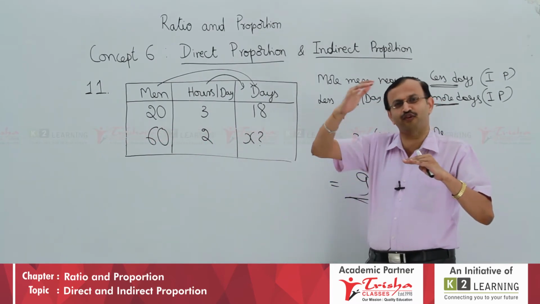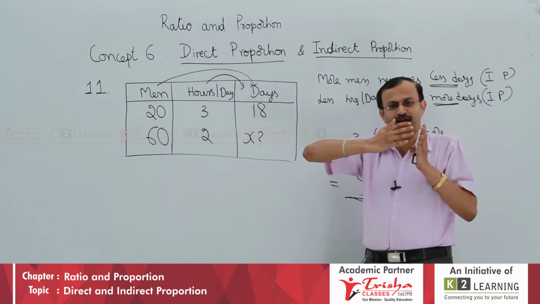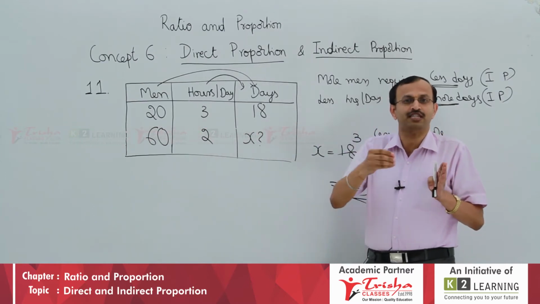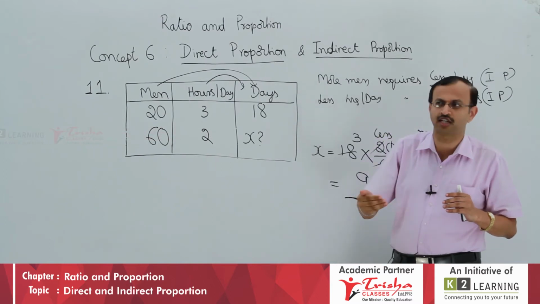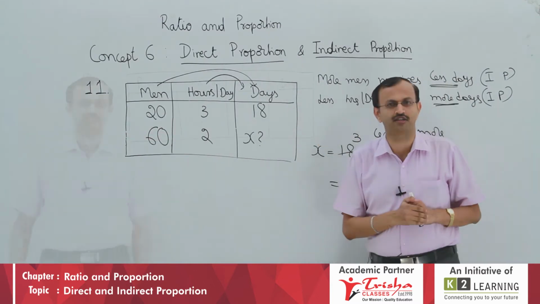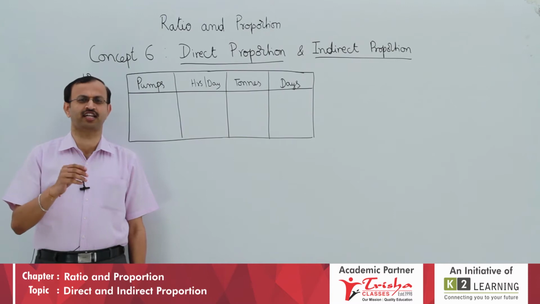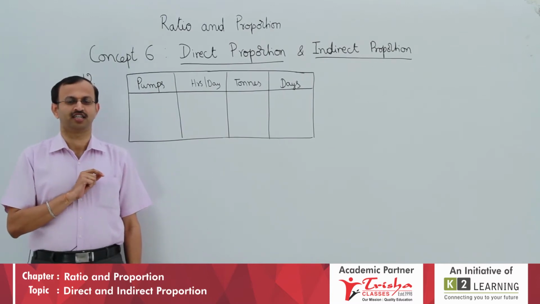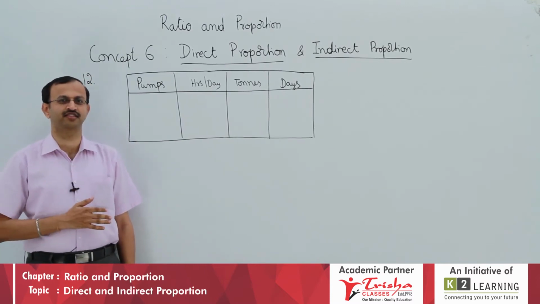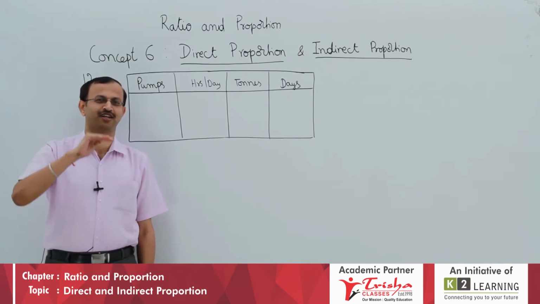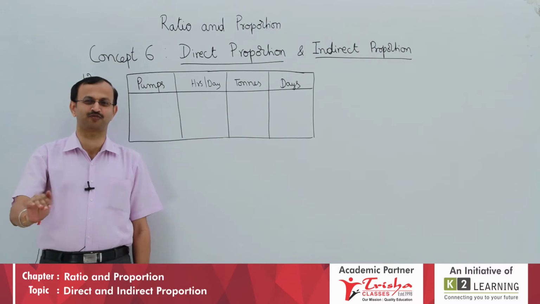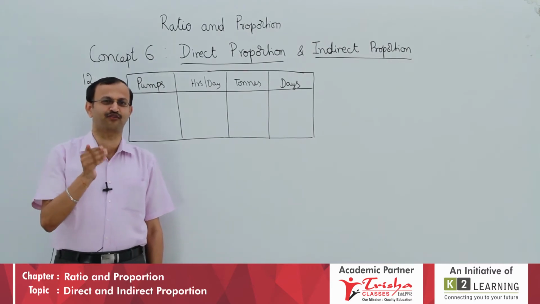Shall we go for 4 variables, a bigger problem where multiple workings will come, which comes in the 5 mark category. Let us work out the next question where more variables are involved. Students, after learning the technique of more and less, shall we go for 4 variables? All of you are ready for the next level of problem, which is up to your level. These were all earlier small problems. Now we will go for 4 variables.